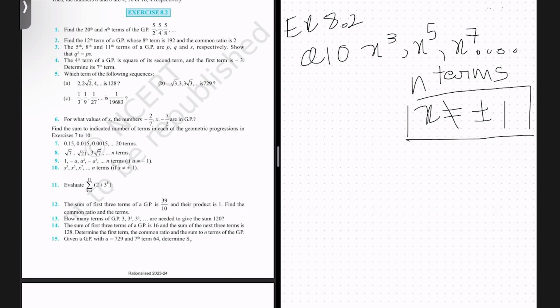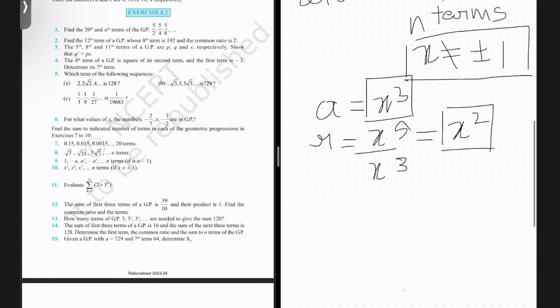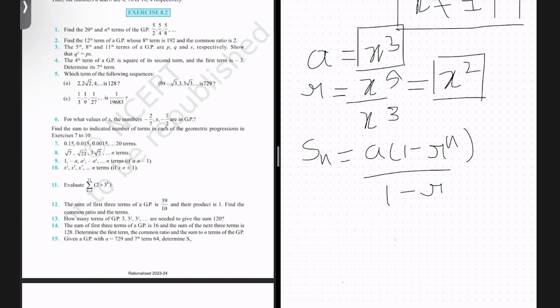So the first term of this GP is a equals x cube. And the common ratio is nothing but the second term divided by the first term, that is x raised to the power 5 divided by x cube, which is going to be x square. So the common ratio is x square and the first term is x cube. Plugging these values into the Sn formula, Sn equals a times 1 minus r raised to the power n upon 1 minus r, with a equal to x cube and r equal to x square, what I finally arrive at is